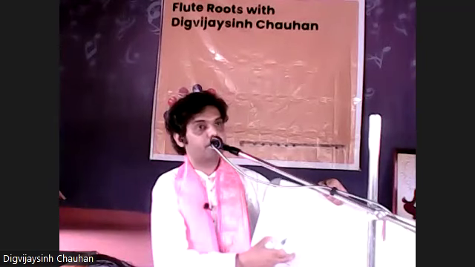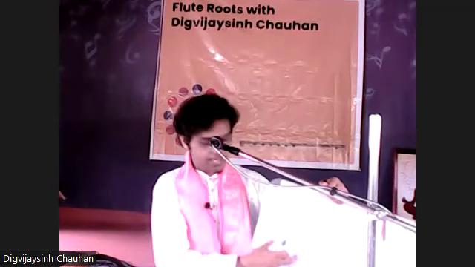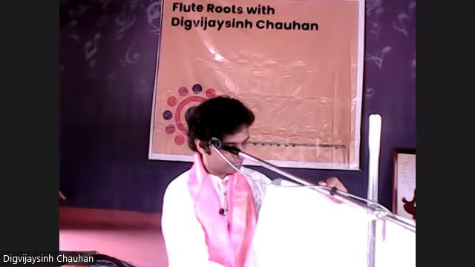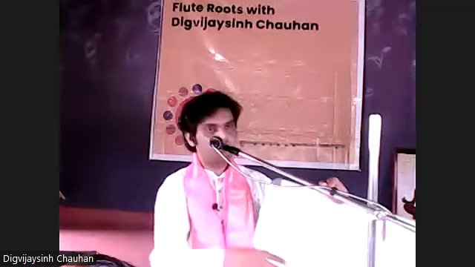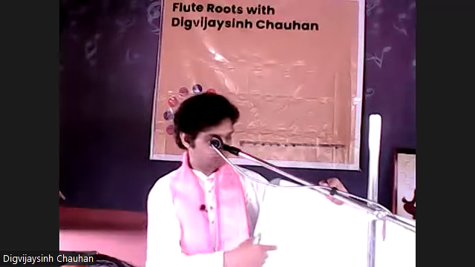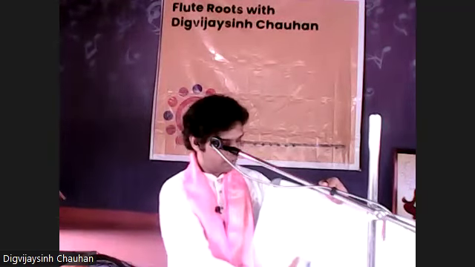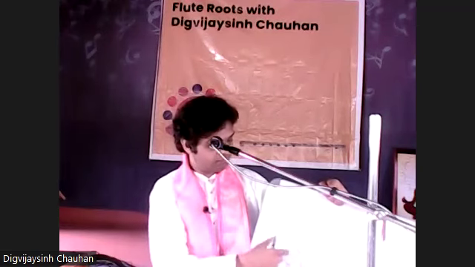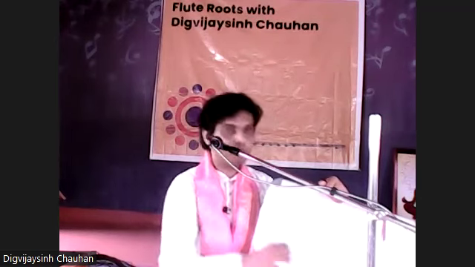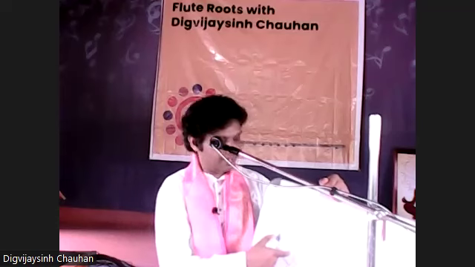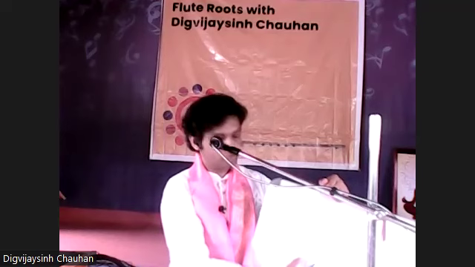Purva means first, Ang means a half or a body. So it's the first body of the Sargam, Sa Re Ga Ma. And this is called Uttarang. Uttara means a different, second one. So Sa Re Ga Ma is Purvang, Ma Pa Dha Ni is Uttarang, and Ma is common in them. If your Vadi is from Purvang, from Sa Re Ga Ma, your Samvadi will always be from Uttarang. See here, Vadi is Ga, which belongs to Sa Re Ga Ma. Samvadi is Dha, which belongs to Ma Pa Dha Ni.